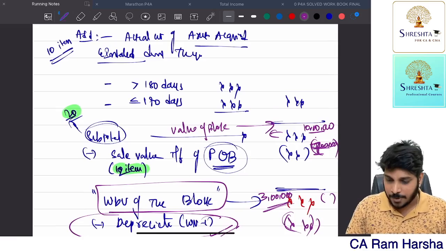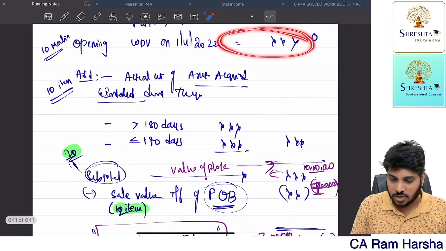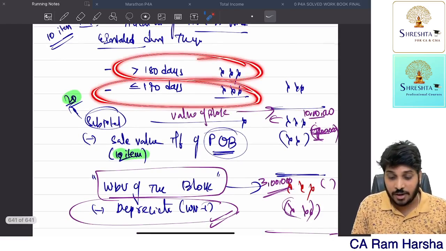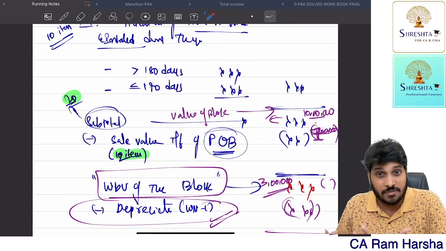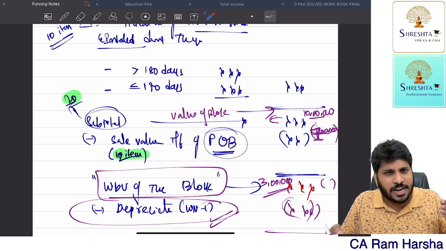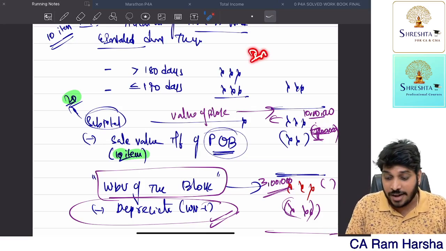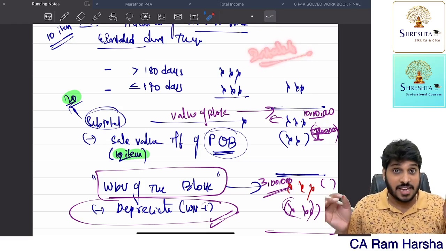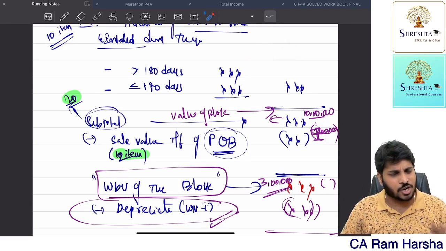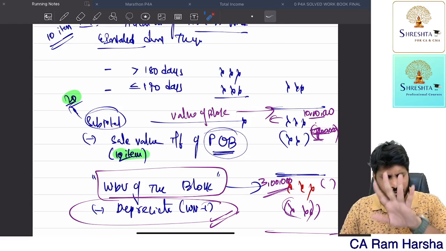Now you see here. Very simple. So opening value how much? Additions. When you are adding additions, identify based on whether it is used for more than 180 days or less than or equal to 180 days. How to know? When it is installed, check. If the machinery is installed, if the furniture is installed, if the building is installed, nothing but if the asset is installed before 4th October,